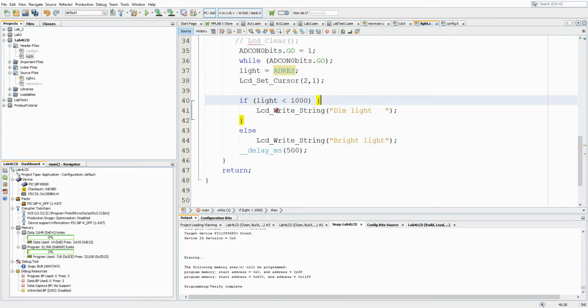we write on the LCD dim light, and if it is greater than 1000, then we write on the LCD bright light. So if you have only one statement in the if or else, then you don't need the curly brackets. So I have written these curly brackets here. These curly brackets are optional if you have a single statement to execute. If you have multiple statements, then of course you must have these curly brackets. But for single statements, there is no need for this. You can simply write it like this,